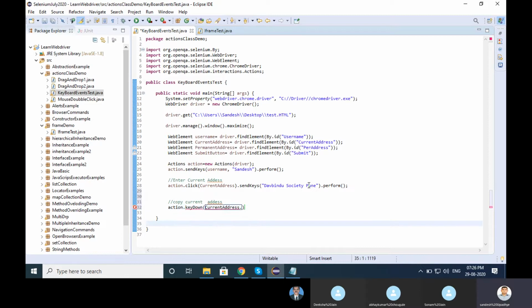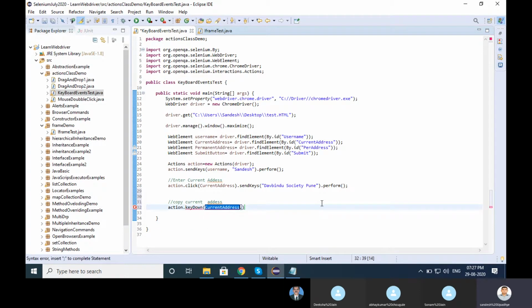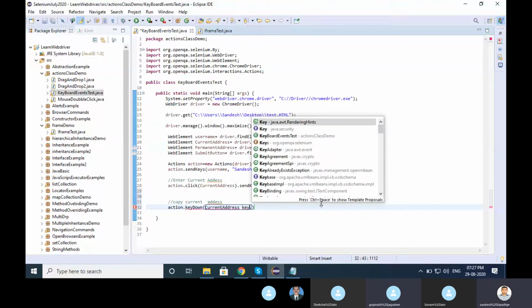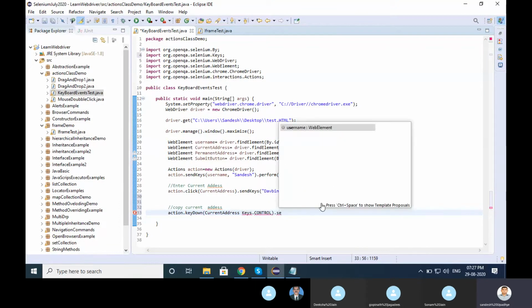Actions, then keyDown, something wrong, what happened. keyDown current address. So here you want to pass Control, right?